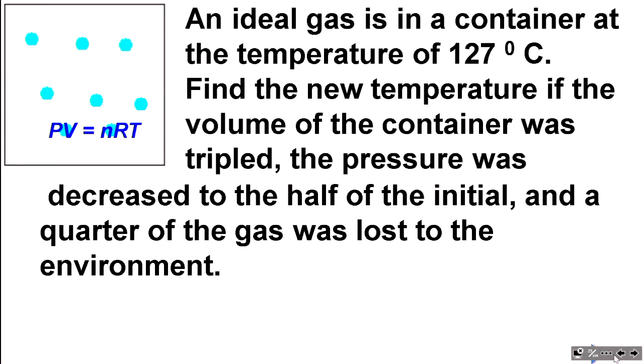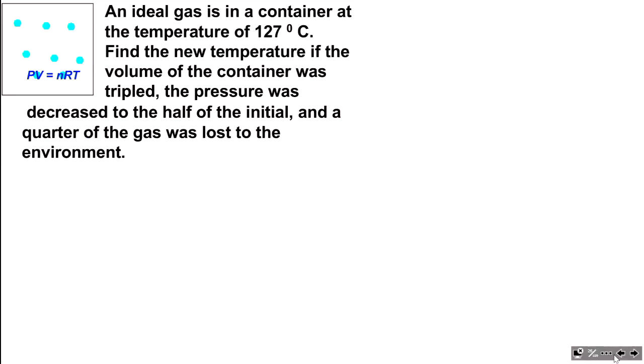Well, now we have to solve an example. This is a situation similar to my experiment with the balloon. An ideal gas has a certain temperature, and what do we do with it? We change pressure. We let some portion of the gas out. We change the volume, and we need to calculate the final temperature. So the key word is change, which means